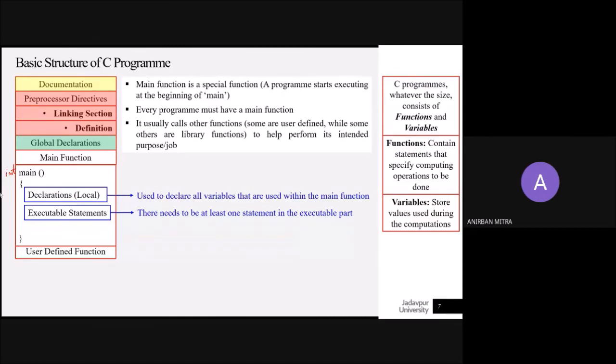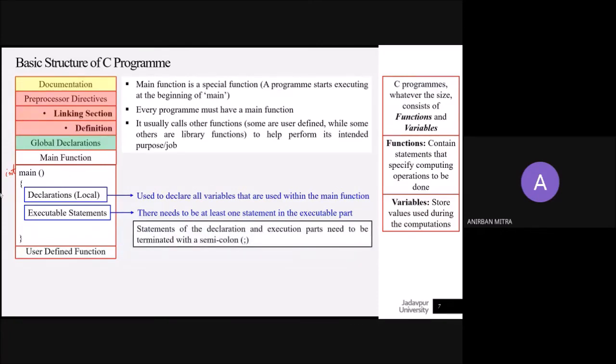In the executable statement part, you need at least one statement for the main function to work properly. One must add that the statements of the declaration and the execution part need to be terminated with a semicolon. You need to provide a semicolon at the end of each statement. And there is the return 0 part, which I mentioned previously. So that is as far as the main function goes.